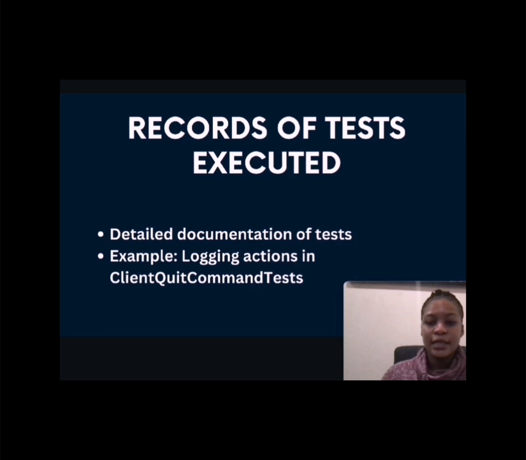So under the record of tests executed, we keep a detailed record of all our tests. So this provides a comprehensive overview and helps us with future references. For example, in our client quit command test, we log all the actions and results to review later. So keeping a detailed record allows us to track the progress of our test and identify